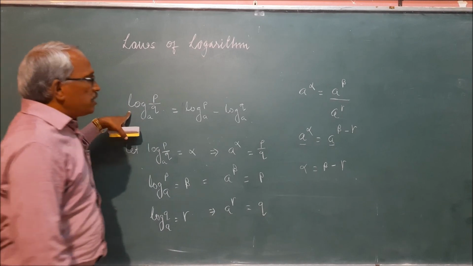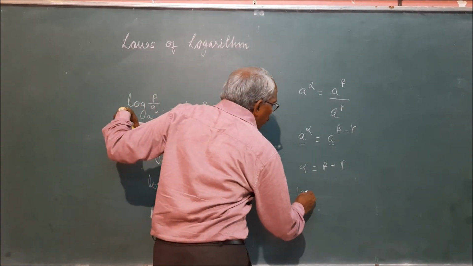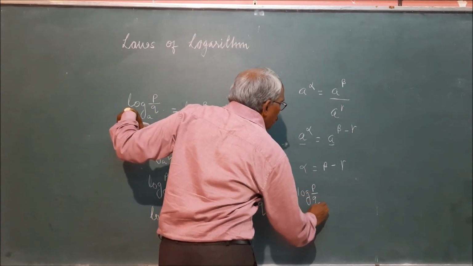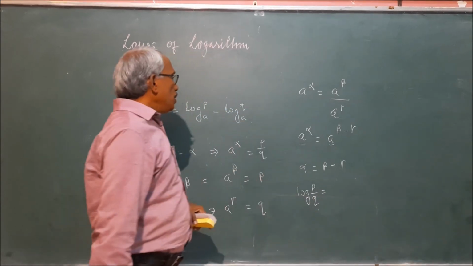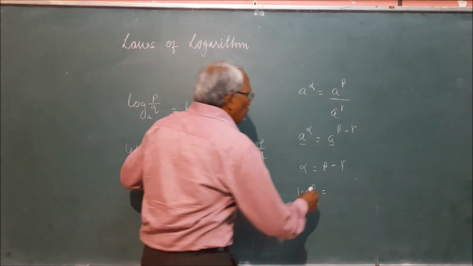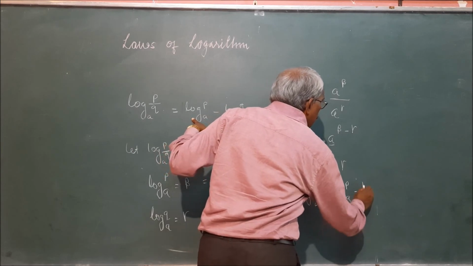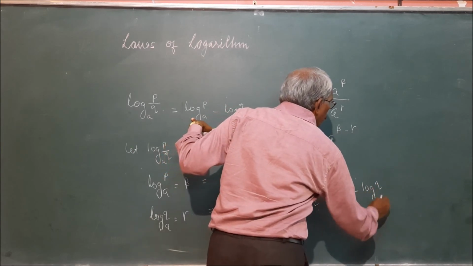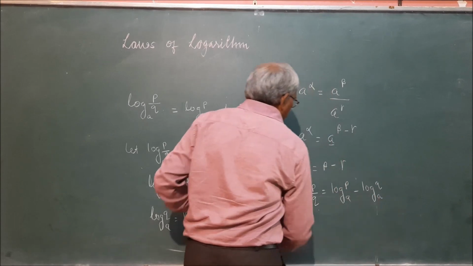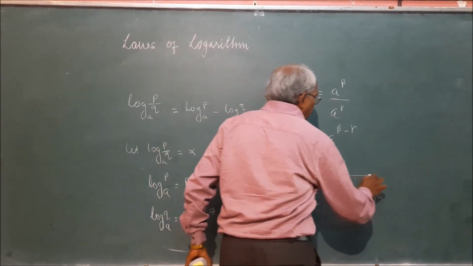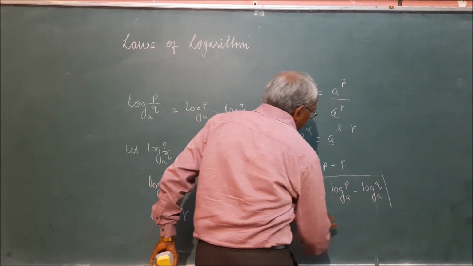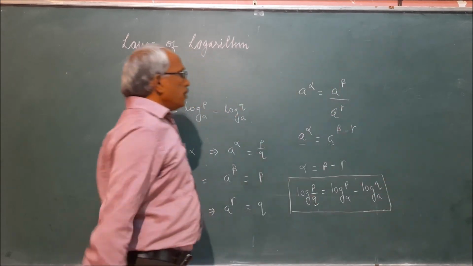We have taken this as alpha. Log of P upon Q is equal to, what is beta? Means log of P to the base A minus log of Q to the base A. So one more